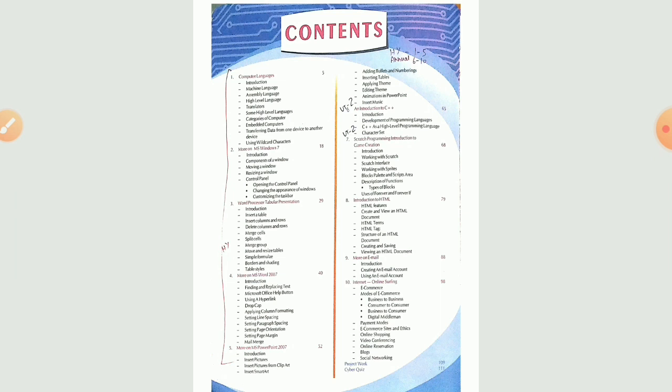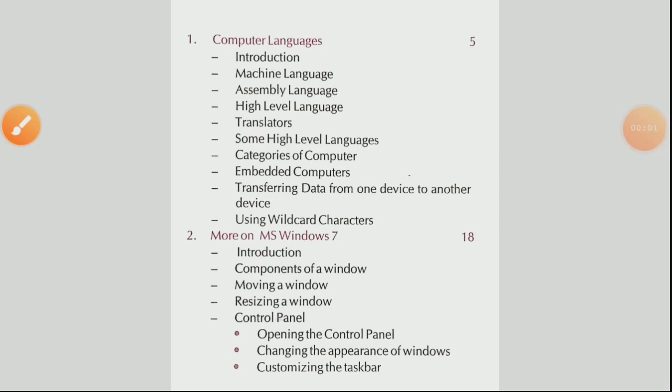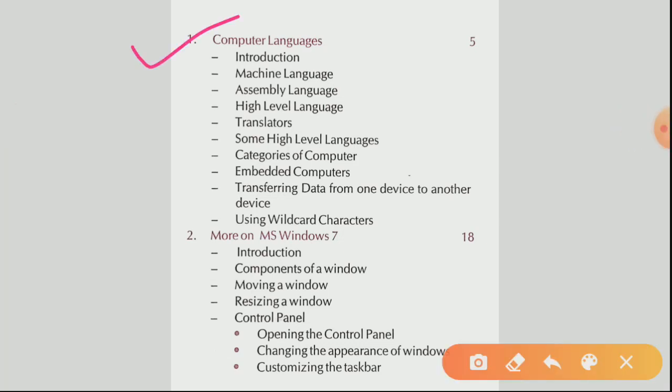Okay, and we have already learned about the first chapter, computer languages. Now, let us see the content of it very closely. In our previous two lectures, we have studied about these computer languages. We have seen these three kinds of languages, about translators, and all these things. We have also done the question and answer portion. I hope that you have all done the question and answer portion in your notebook. If not, then please complete it on time.